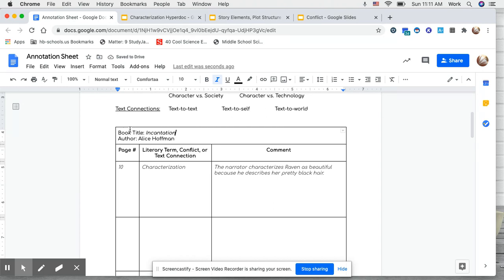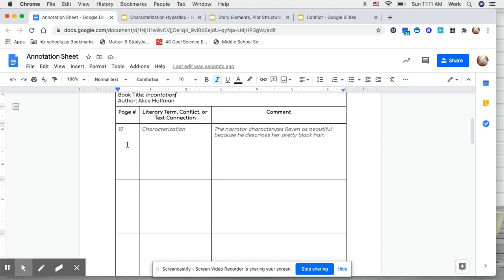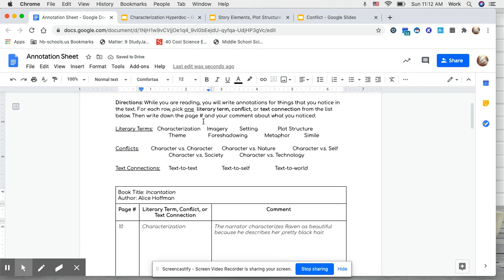After I identify the name of the book, the author, I'm going to have several rows that I can annotate on. You'll see the first row is already filled out. On page 10, I saw an example of characterization, and then here's my comment about it. The narrator characterizes Raven as being beautiful because he describes her pretty black hair. So I've noticed characterization on page 10, and I've written a comment about how I know that it is an example of characterization. Let's say then on page 13, I see an example